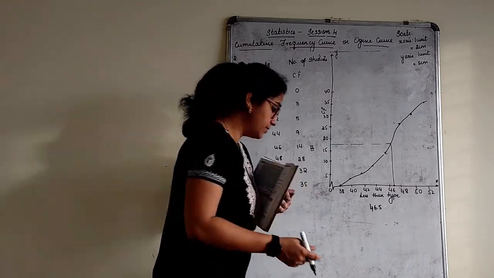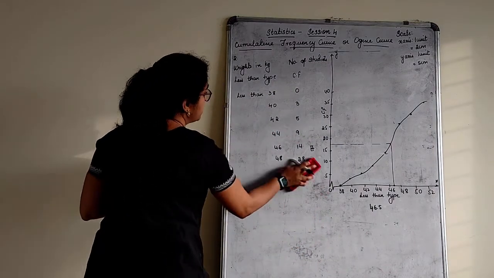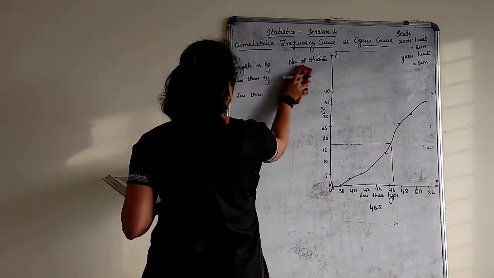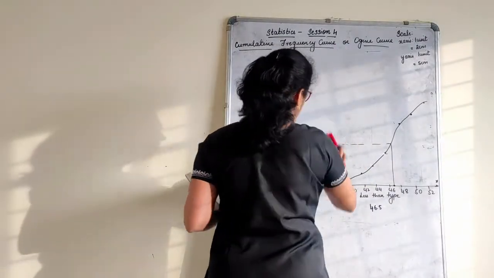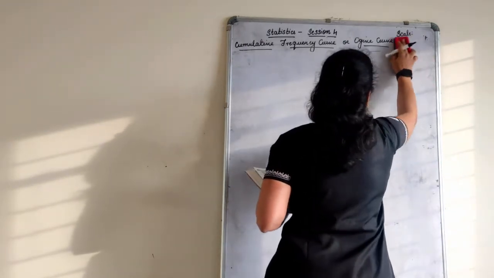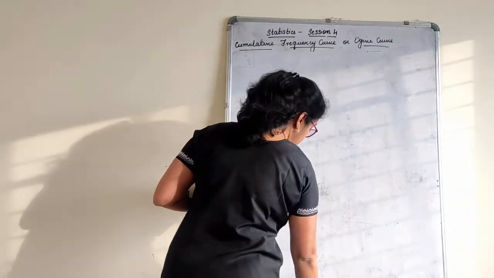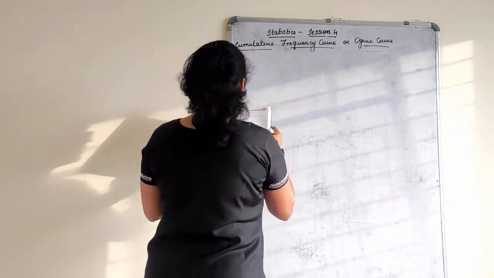And the last sum for today's session. There are only 3 sums given to calculate here. One more type which is not given in your book, but I'll just inform you all so that we have an idea where to construct. Sometimes both the graphs are asked together on the same graph sheet, less than type and more than type as well. Third one,